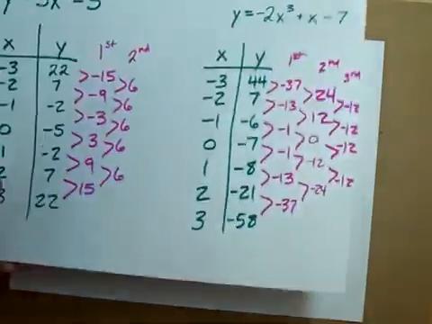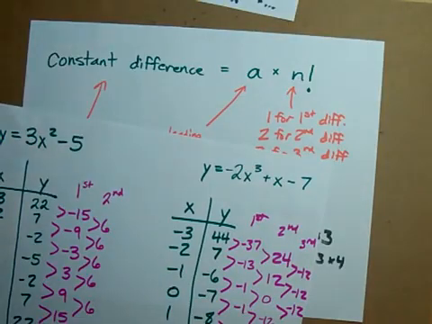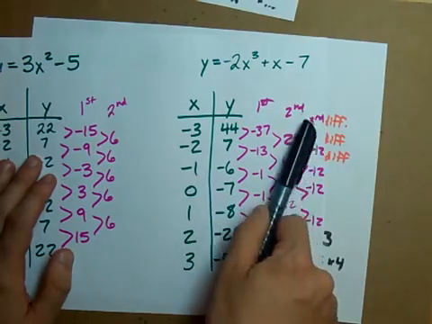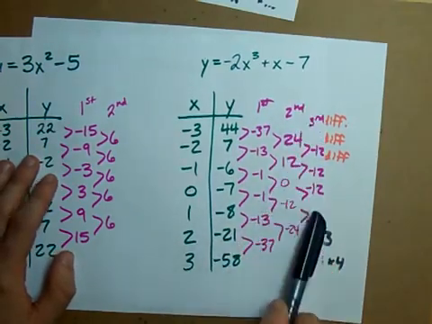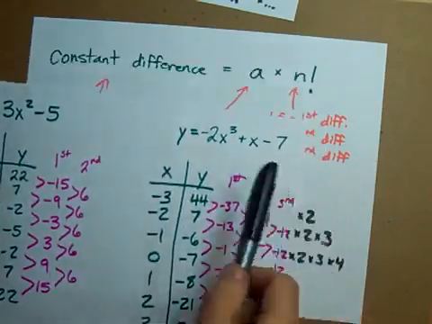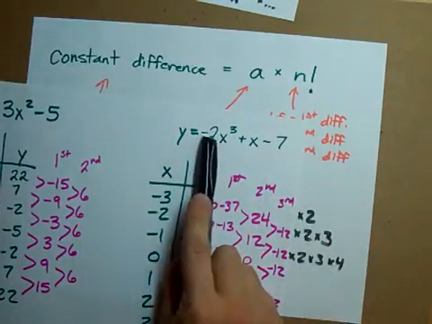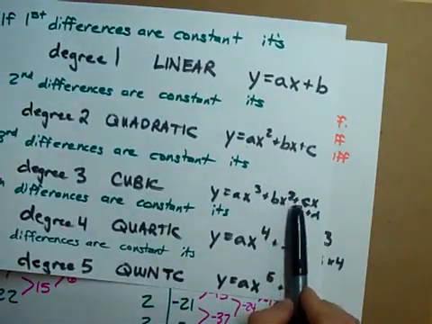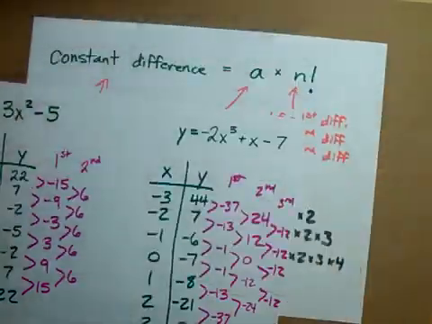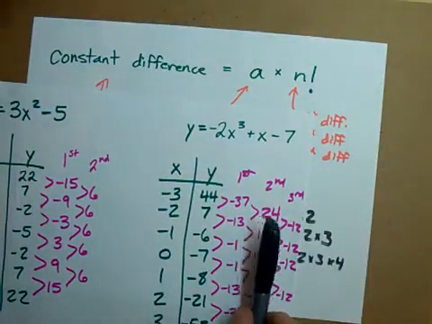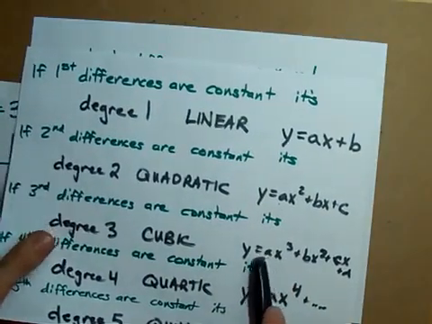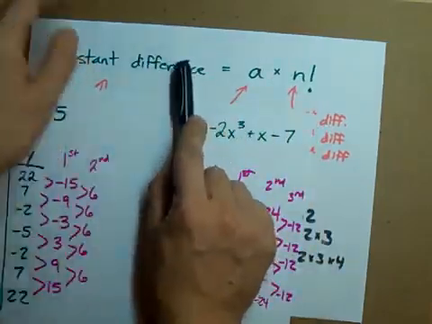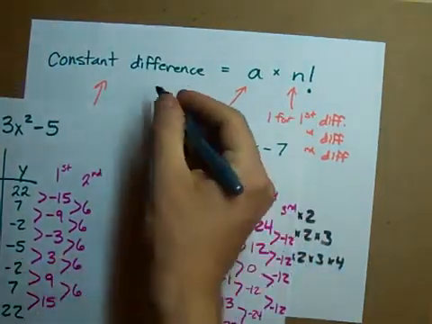It's pretty cool. Most often what you'll be asked to do is to calculate the differences in a table, find out which one's constant. That's third differences here. Therefore, it's a cubic equation. It'll be ax cubed plus some number x squared plus some number times x plus some number. And what you can also determine is that first coefficient, that a, plug it into this equation, plug in the differences that you get. I got negative 12